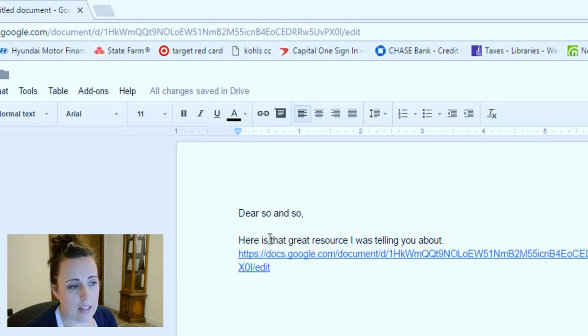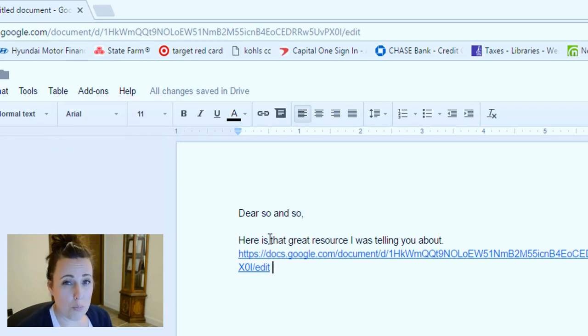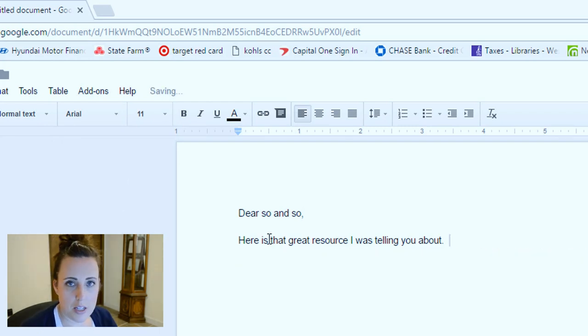So that link, when I copied it, was on my clipboard, and all I did there was Control V, or you could right click and paste, and it's in there. It's a usable link, but it's not really pretty. So instead of just pasting that whole long link in there, what I could do is create a really nice looking link